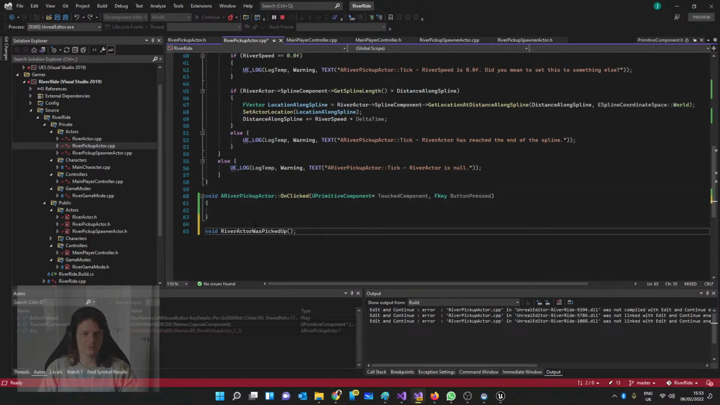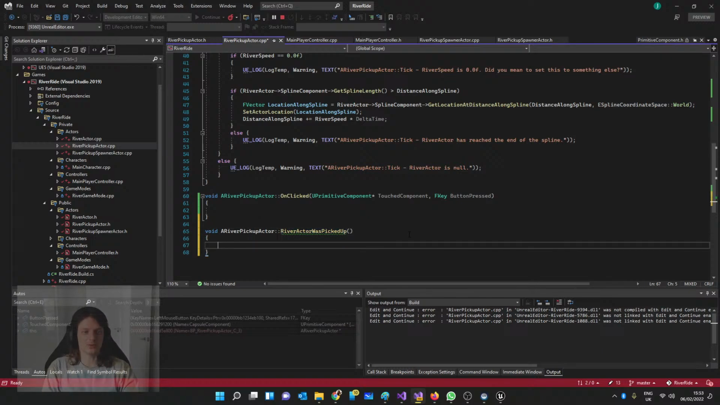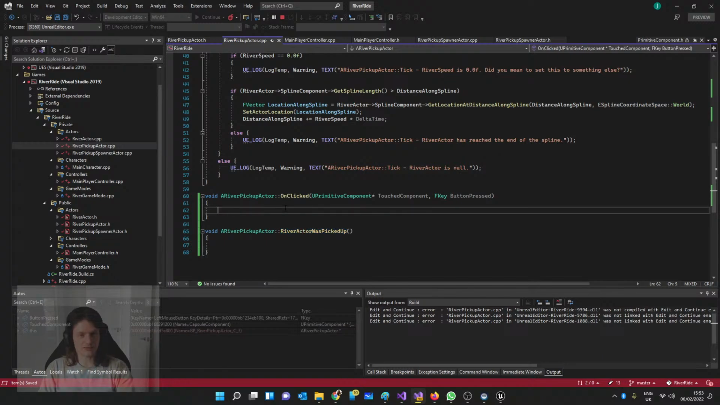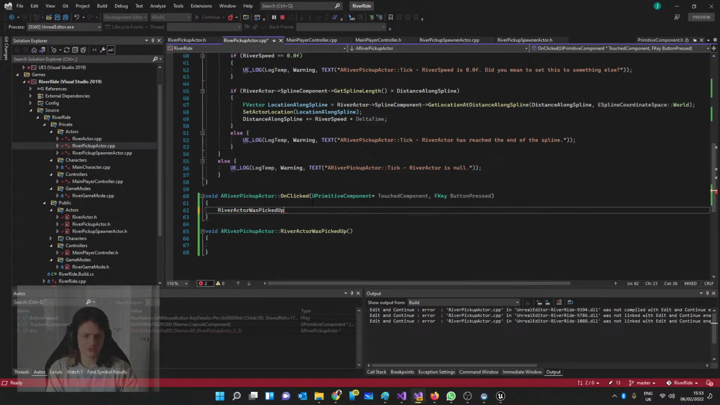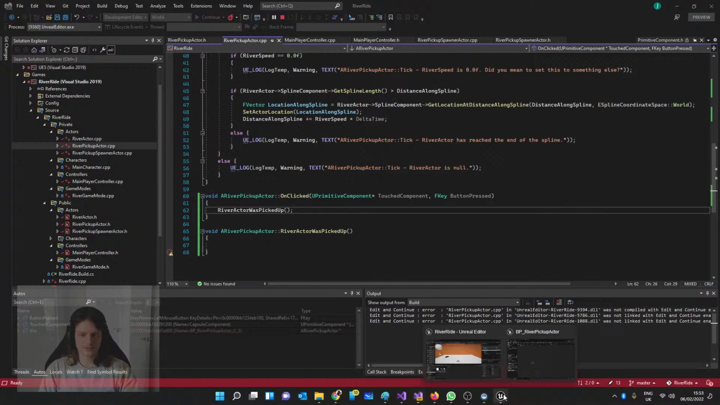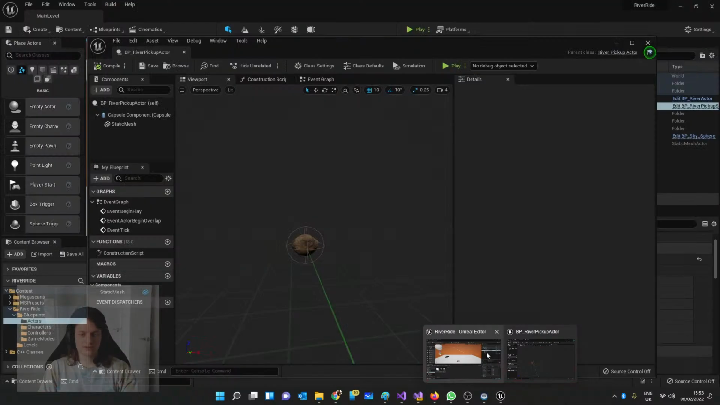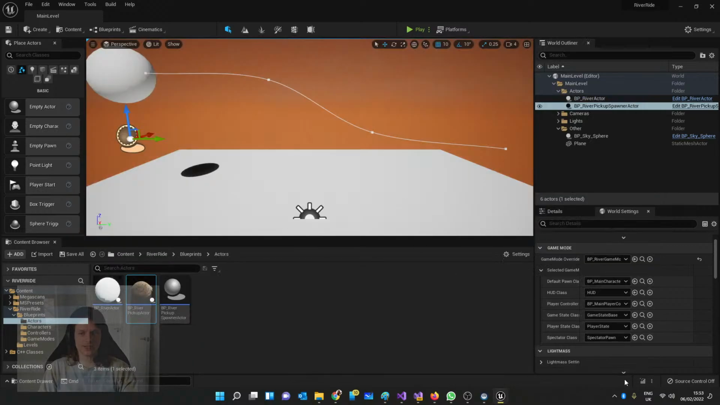So paste that into there. We'll put the class on. This is bread and butter, by the way. Just learn that. That is how methods are defined. And so when we clicked, we can go and make a call to that method. River actor was picked up, and we just call that. Okay, and then we're going to put a little breakpoint here, and I think we're good there. So now if I go back into my editor and compile this code,